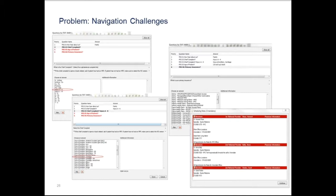To give you an idea of the navigation challenges, this is an example of a cartilage inquiry, somebody who had a cartilage issue seeking a surgical consultation. And what it shows is in the upper left-hand corner, we would click on the chief complaint. We would then have to look down and pick the condition alphabetized into one of these buckets. And so a typical bucket we would pick is injury and the letter A through K, because C falls in the middle of that. If you go to the lower square on the left-hand side, you can see that injury